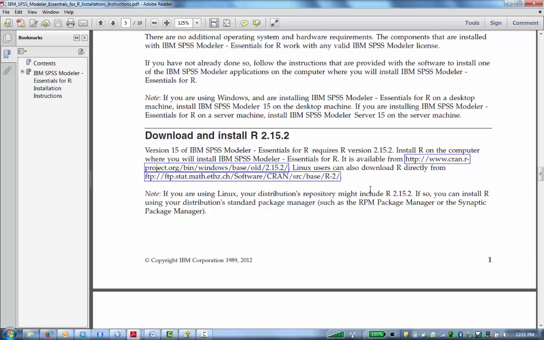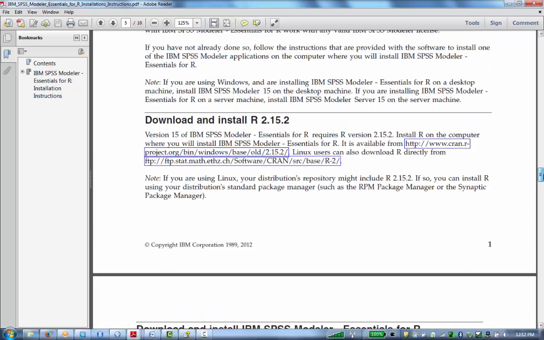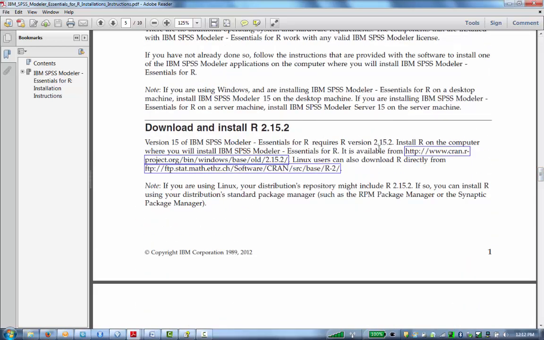I would like to make it clear here that R version 2.15.2 might not be compatible with every version of the Essentials for R, because this file was written for Modeler version 15 and it has changed since then. Modeler version 16 requires a newer version of R, so please check that and then download accordingly. Once all of that has